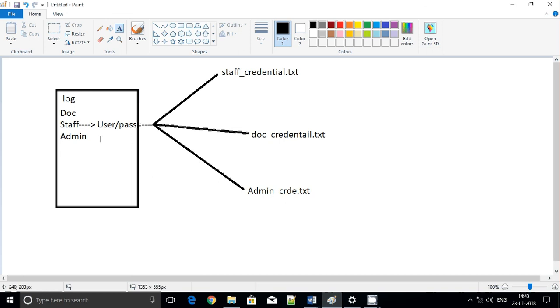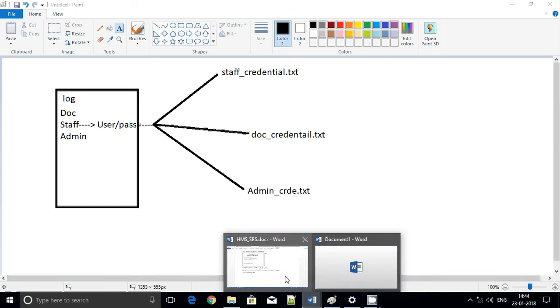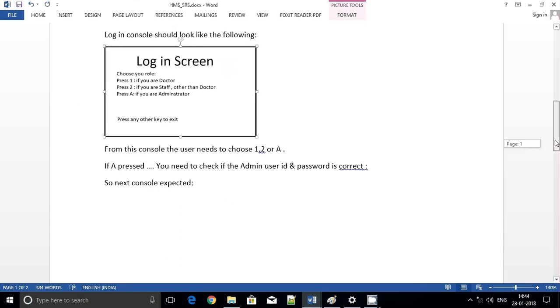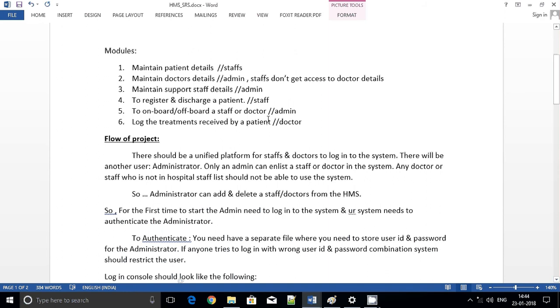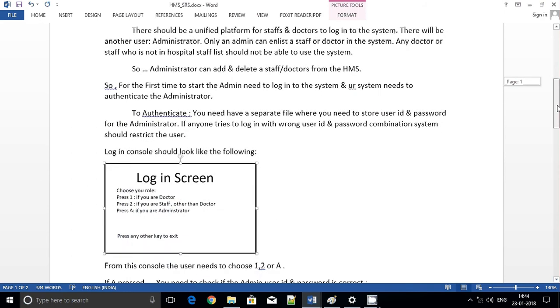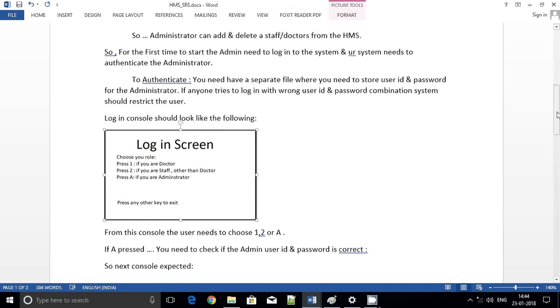How do we make sure that the proper user is logged in? Whoever is logging in, how will the system understand who that person is? If you do not classify internally who is doctor and who is staff, then anyone can access anything. For example, your doctor or your staff should not be able to add or remove a doctor. If you do not internally manage who is your doctor and who is staff, then you cannot properly segregate the tasks of a particular person. So to do that